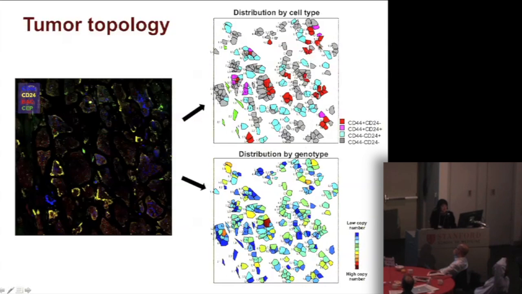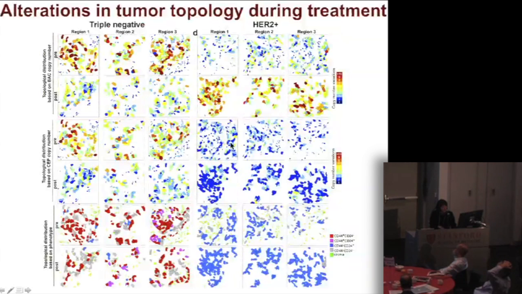Each cell is marked in a computer, and for each cell, we record the phenotype, like the 4 colors, and then also the genotype, like copy number gain or some other changes. And then in a computer, we can actually ask questions about how this topology changes. Again, I won't go into the details, but I'll show you some examples that, for example, this tumor,